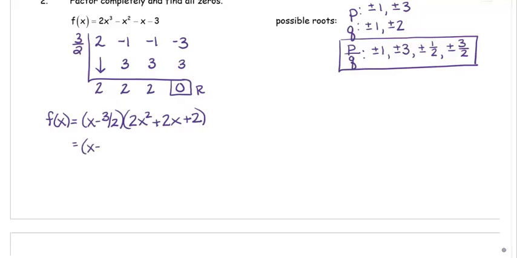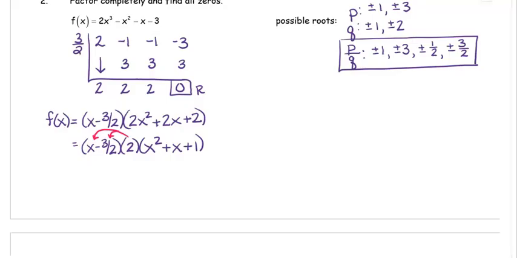So really what I have is x minus 3/2, and if I pull out the 2, I have the 2 and then x squared plus x plus 1. Now this still looks a little bit weird. This 2 I can back distribute in, because when I see a factor, I typically don't see fractions in it. Anytime you have a fraction as one of your roots, you're going to be able to pull out a greatest